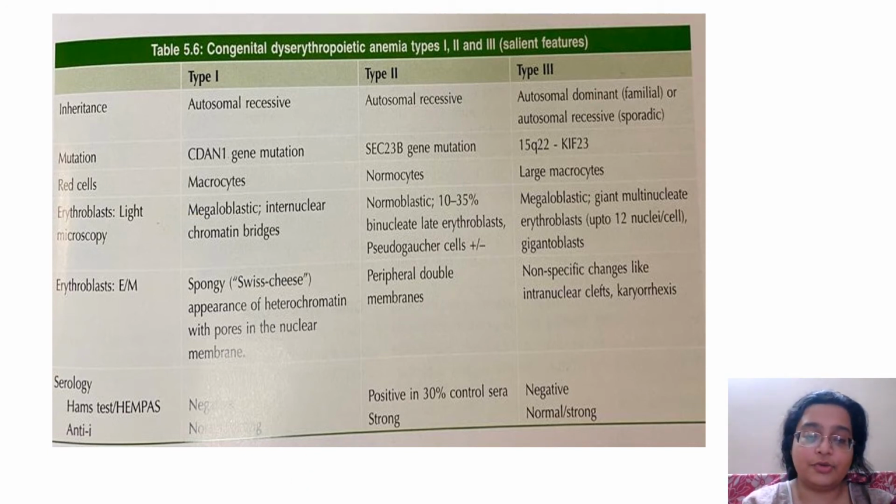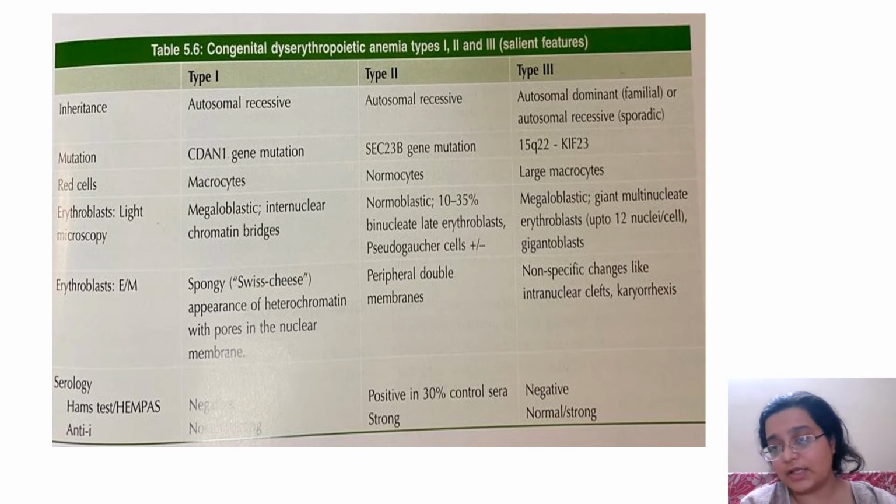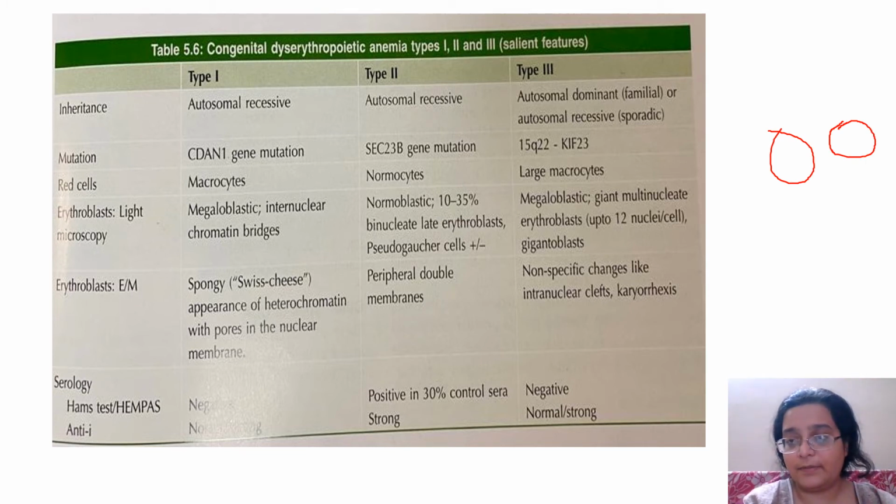Let me draw it and show it to you. Supposing these are two RBCs, and you must have seen, those PGs who see a lot of MDS, you see the bridging of these two RBCs very commonly. You see that there are cytoplasmic wisps from both these NRBCs which are bridging. This you must have seen commonly.